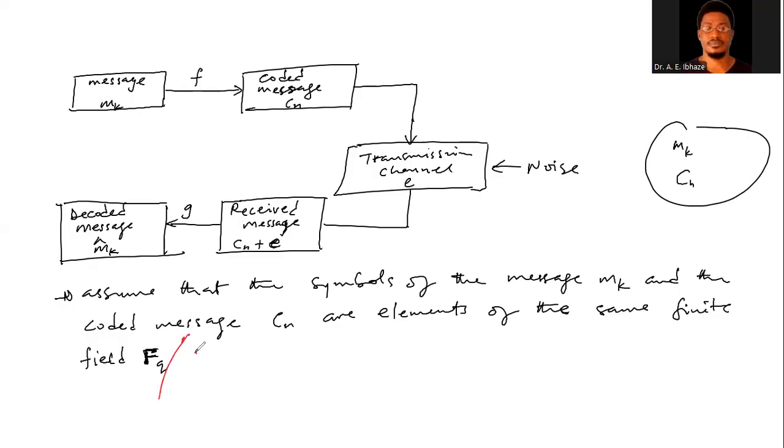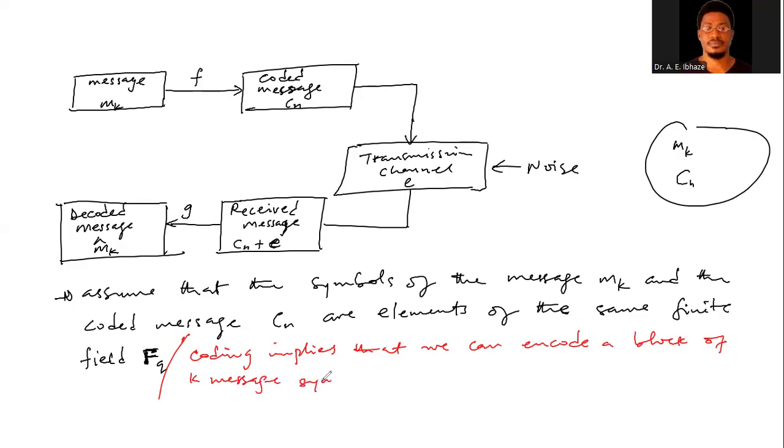Coding therefore implies that we can encode a block of K message symbols, that is M sub K, such that we have a string of M1, M2, M3, all the way to MK, such that M sub K is an element of the finite field